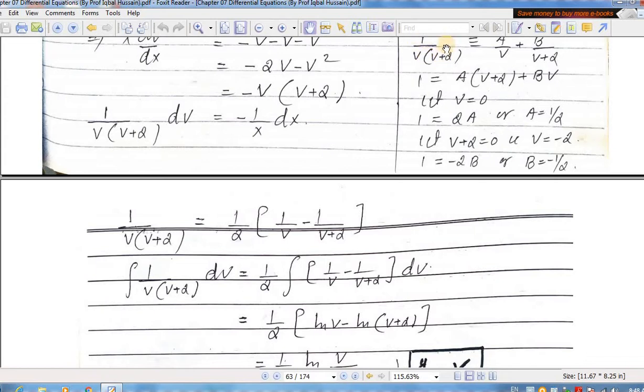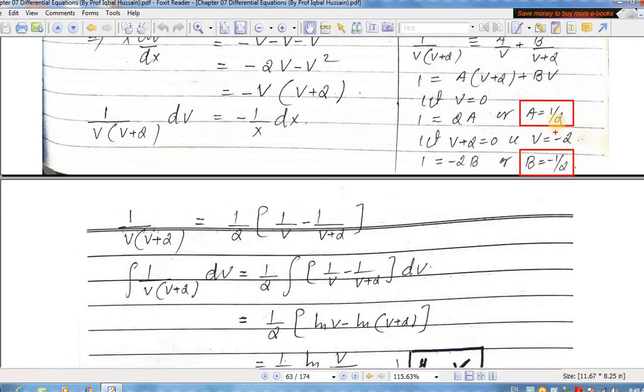The value of this thing is equal to a. Value of a is equal to 1 over 2. Similarly, value of a is equal to 1 over 2. Value of b is equal to minus 1 over 2. So putting here,